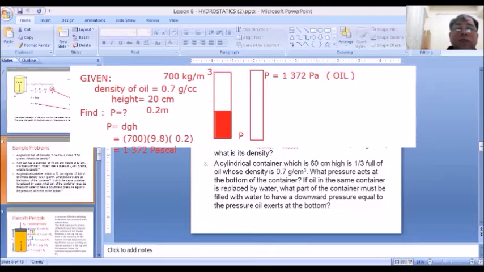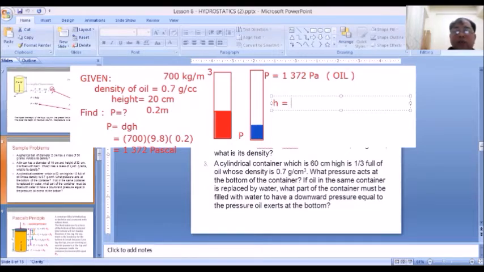We realize that water is much heavier, so maybe we will have a lesser height here if we fill this with water. So assuming that we will have water here, maybe our water will have a lesser height. So how much is the height of this water that we will fill up, if they have the same pressure? So if we will solve for height,